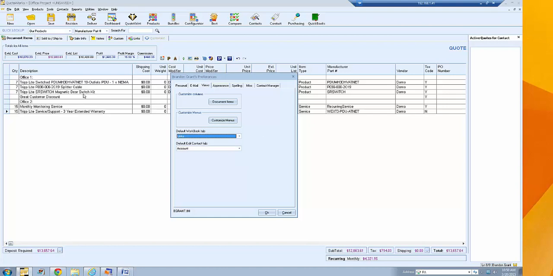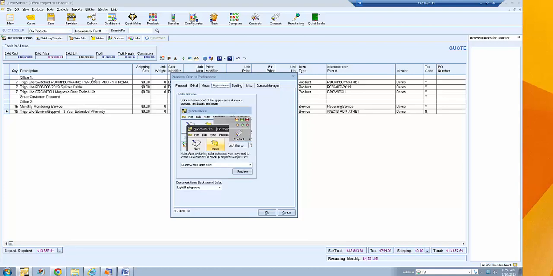If you're not even going to use the document items tab, if you're going to use the links tab that you want to default to, you can do that. So that's where you can make that change. The default edit contact tab, you can change this to account, field, or notes. I don't know that you would ever need to change this, so I'll probably just leave it as